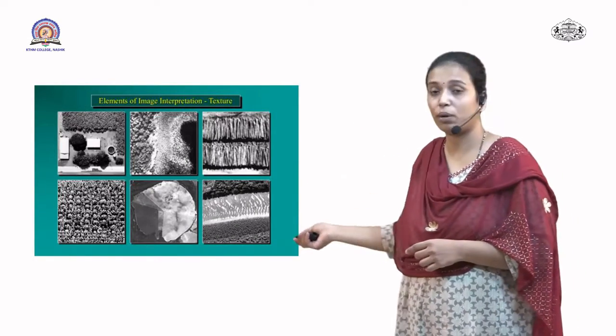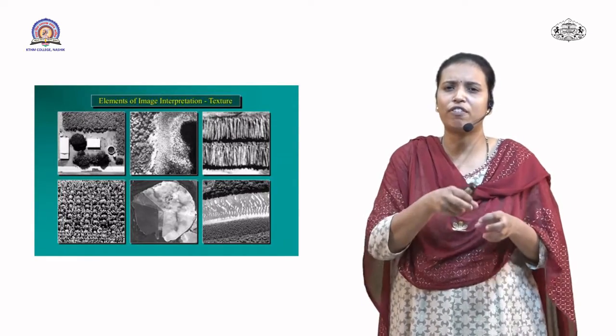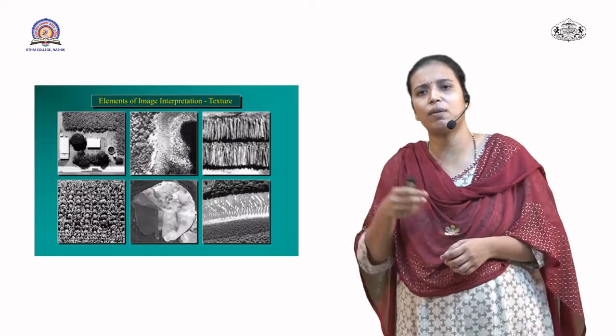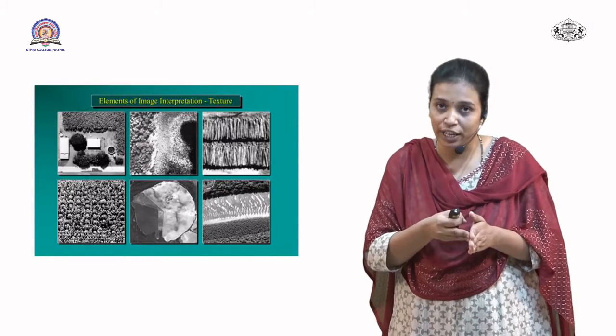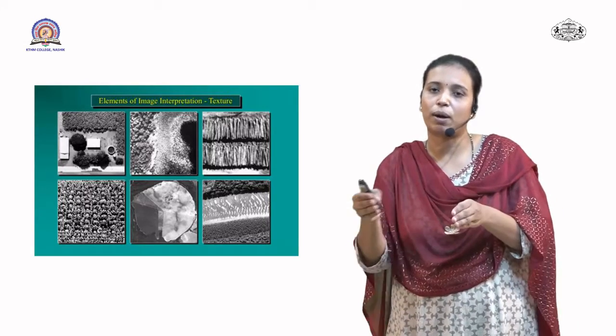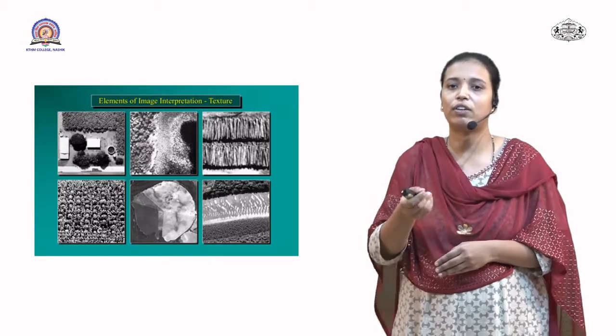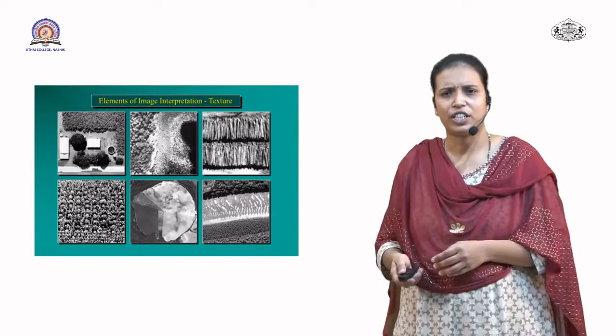These examples also help us to identify the texture. Like here at the bottom, in the first image, you can see different rough textured objects placed in a particular line. So by the shape in combination with the texture and the tone, when you combine all the elements together, you can identify what the object is. Accordingly, you can identify that it may be vegetation.